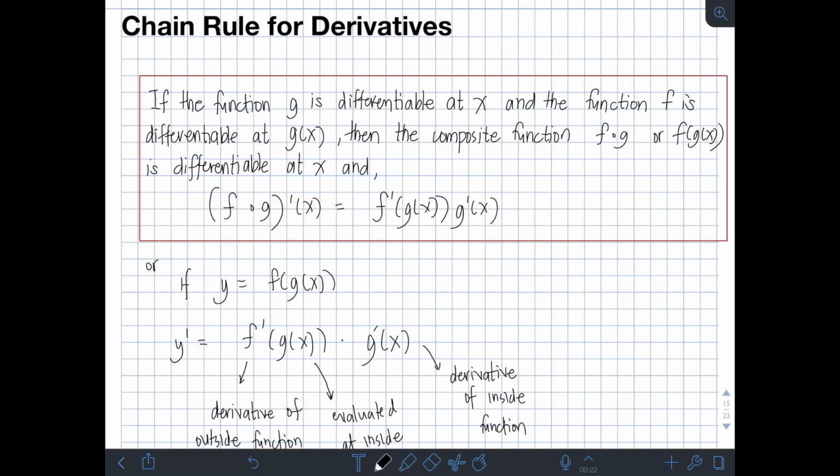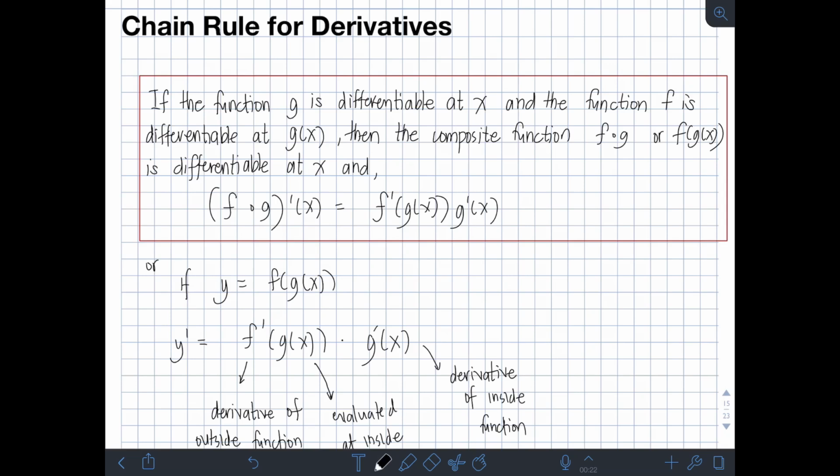So sabi, if the function g is differentiable at x and the function f is differentiable at g of x, then the composite function f circle g or f of g of x is differentiable at x and (f circle g) prime of x is equal to f prime of g of x times g prime of x. So itong chain rule pala ay gagamitin natin kapag meron tayong composite function,